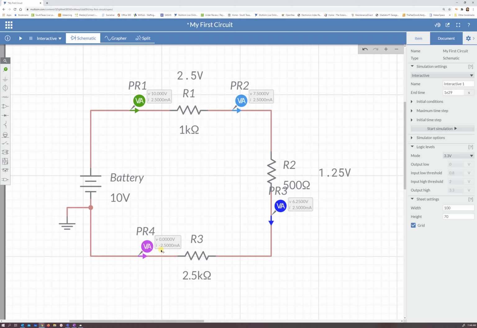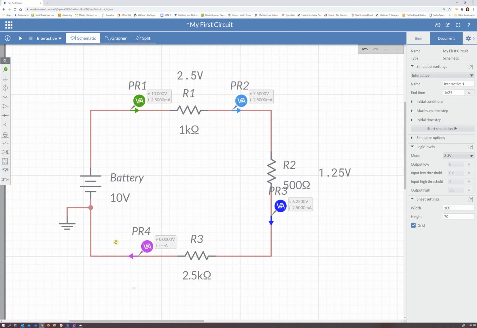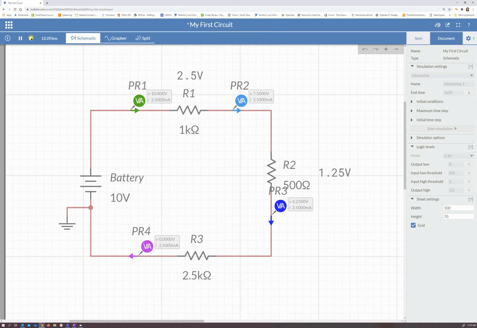That's not correct. What I need to do is reverse this probe so that I get a correct, positive reading. I click on the probe, and in the properties, as for any other device or component, I tell it to flip the current measurement. See, if I keep clicking on it, it just flips back and forth. I want it to point in the direction of current flow, so that is correct. I press start simulation again, and it's going to refresh my values, and now I know that it reads 0